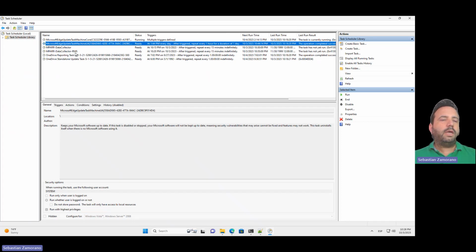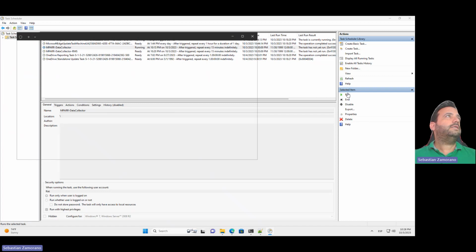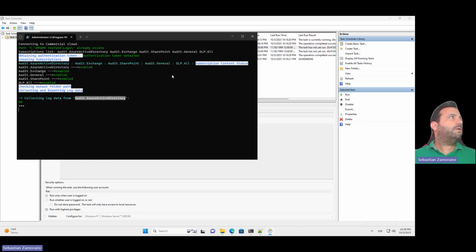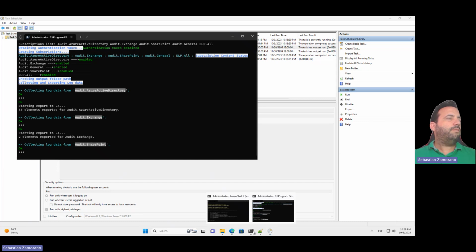The RMS collector collects information from the Azure Rights Management Service API. That collector permits us to identify access denied or access granted over protected documents. For that reason, this one is very important. We can test to validate all of this is running well. What happens sometimes in this case, on my environment,